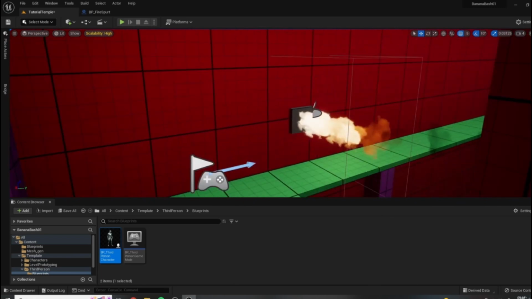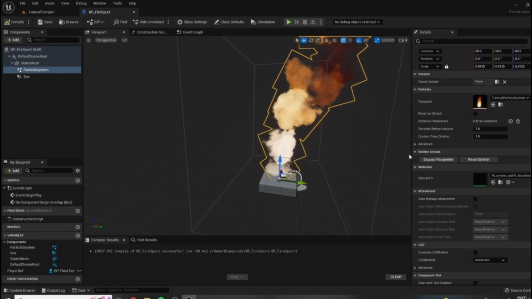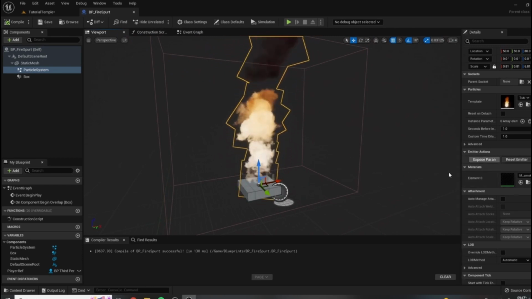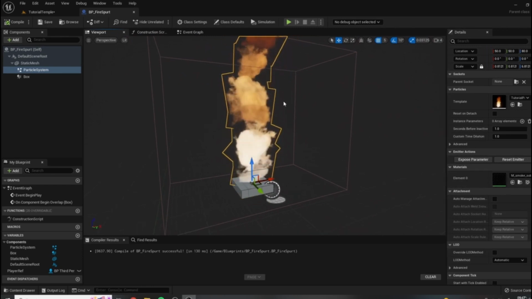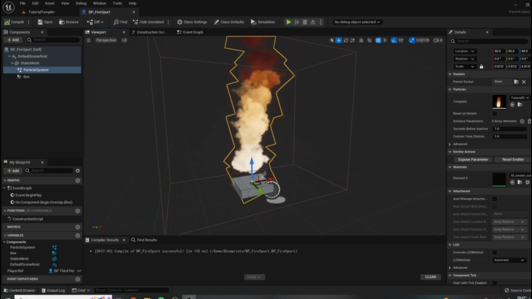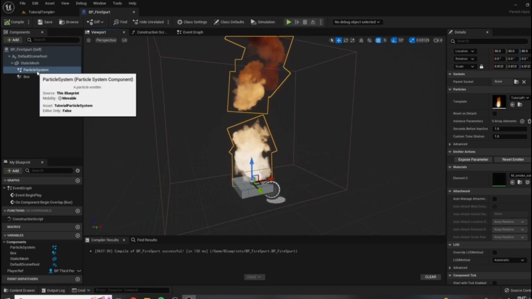Okay, so let's think about what needs to happen next. Well, we have our particle system. It's coming out, it's going in the right direction, but we don't want this to be on at all times. We want it to only activate when the player runs through the trigger. So let's look at how to do that. In order for this to activate when we are running through it, it has to start deactivated. So to deactivate the visibility of this particle system, we're going to select the particle system here